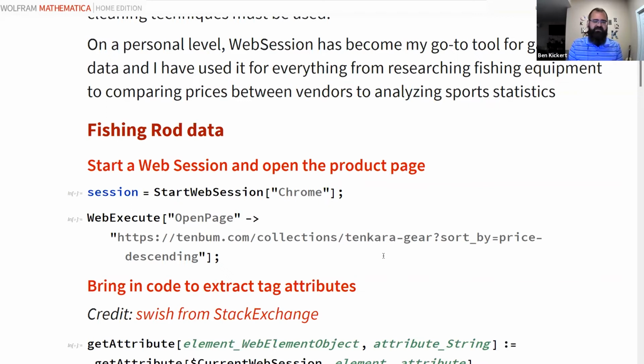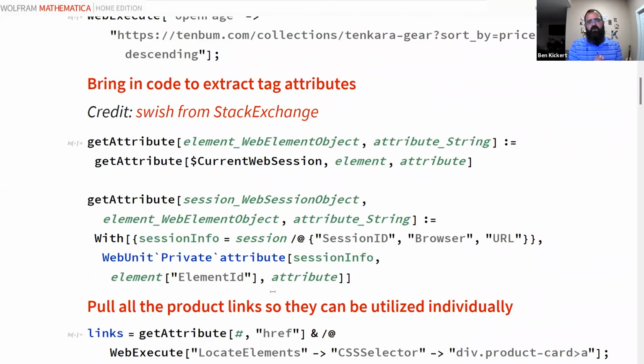There's almost always a need to customize it based on the coding styles or the content management system behind the scenes. But what I can say is that the one line of code that I so wish was better documented from Wolfram's side is the ability to pull an attribute from a tag or from an element that's been used. So I've included this in previous presentations because I think that it's so useful. I literally use it weekly.